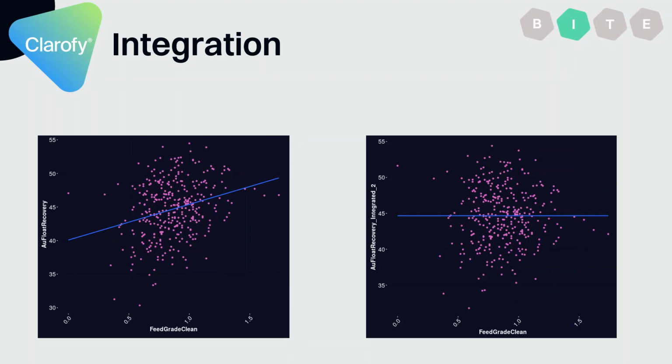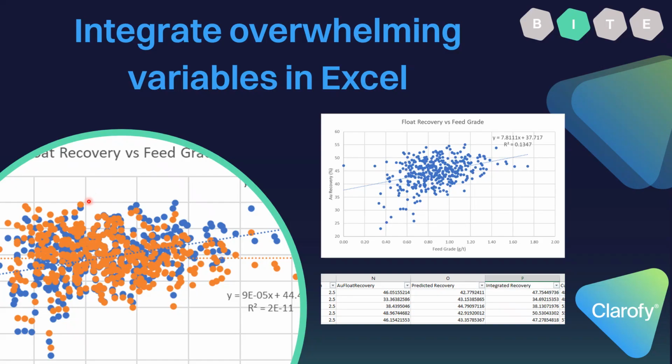So you could have your feed quality, you might have multiple feed qualities. You might have something like your throughput rate. So perhaps a higher throughput rate would give you less recovery because there's more material going through. So you'd have a slightly negative relationship there. You might have something else, like grind size or a sizing ratio, that has a really strong relationship with recovery. So you might have multiple. Let's move to how to do this in Excel.